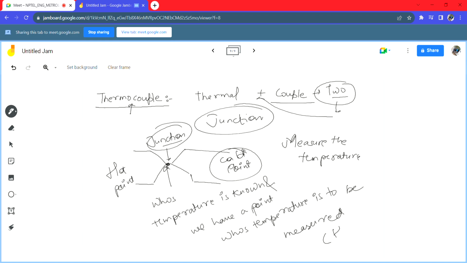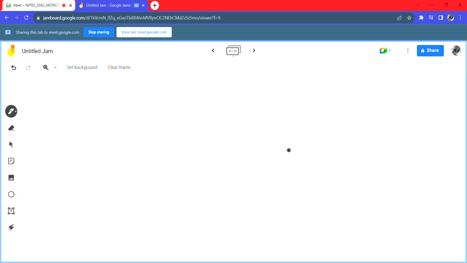So this we call the hot point, and this that we know we call the cold point. What we do up next is, we bring the two points together in contact at a junction,